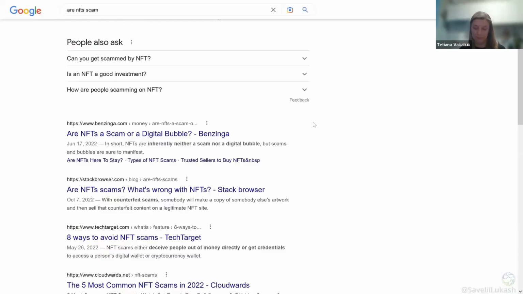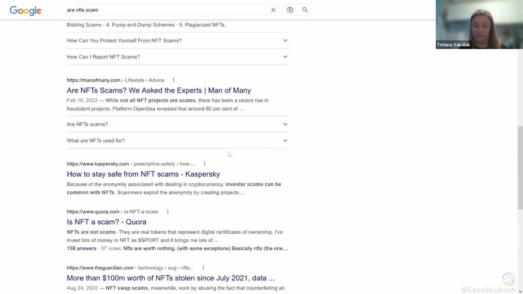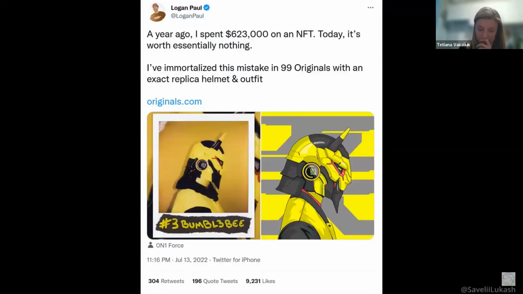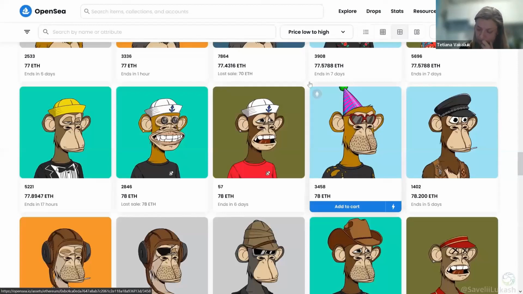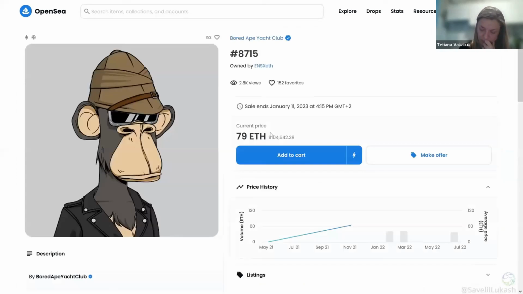No matter the benefits of this rising technology, its reputation still lags behind. NFTs are associated with many controversies and are often considered to be a gimmick, and are expected by many to fade into oblivion rather soon. For instance, an American influencer Logan Paul bought an NFT for $623,000. This NFT is worth about $10 today. Deals like this make people wonder if NFTs have any practicality. And could this monkey be really worth $100,000?